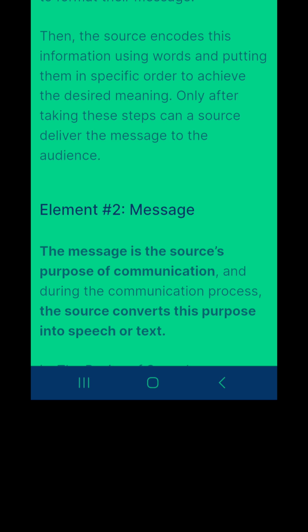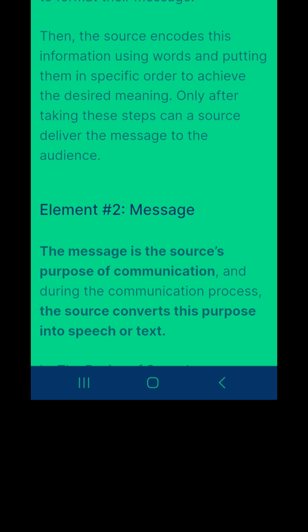Here, before communicating to another person, suppose you really want to communicate with your head or your director or your principal or your boss, that time you must have some format in your mind, and message content also, what you would like to do and when you would like to communicate.